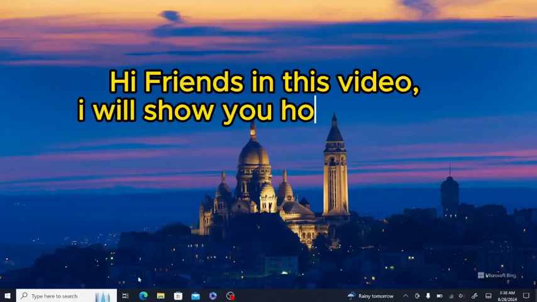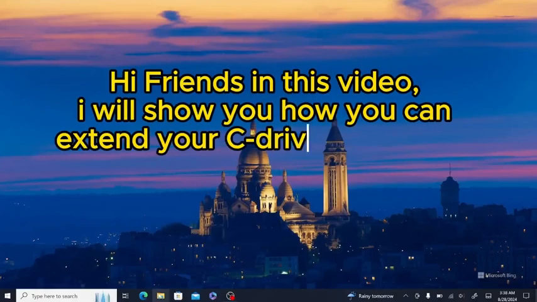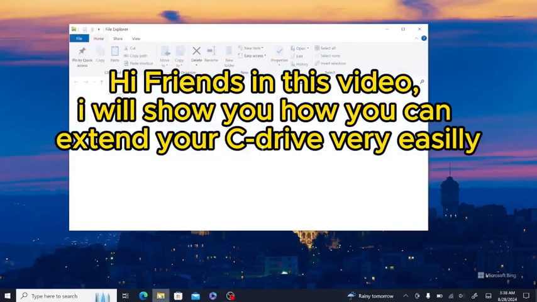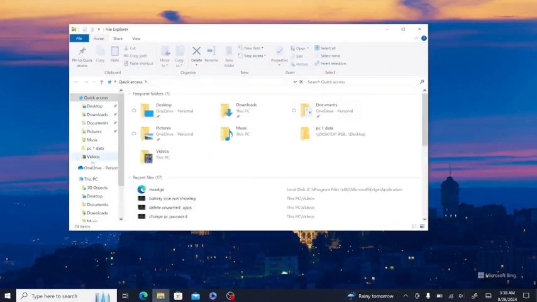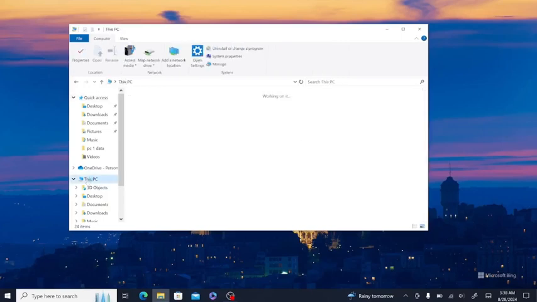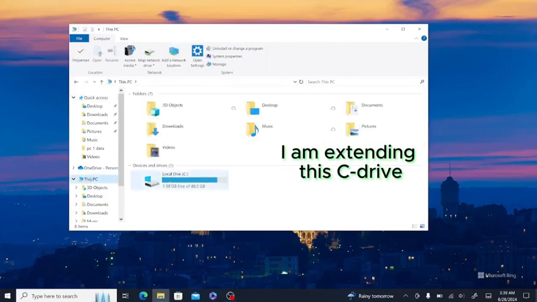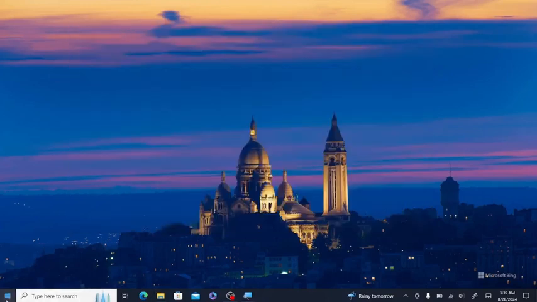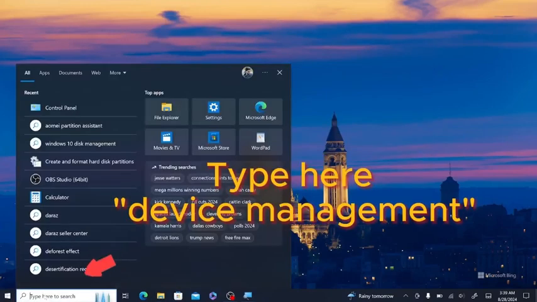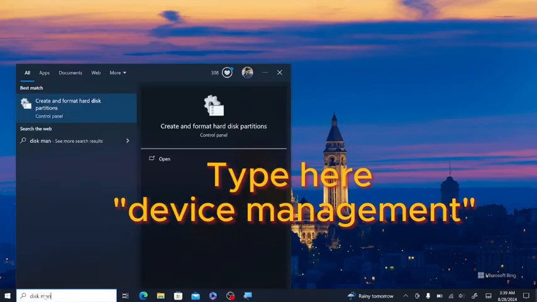Hello everyone, in this video I am going to show you how you can extend your C drive very easily by following these simple steps. So this is my C drive, I am extending this. You need to type in the search bar device management,